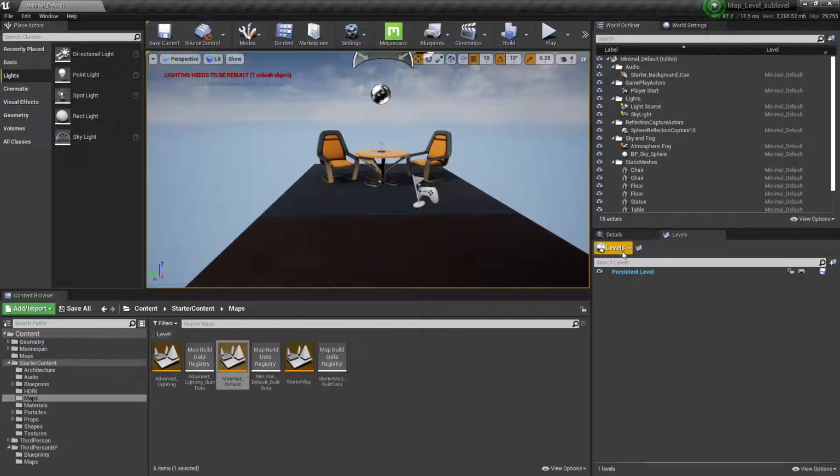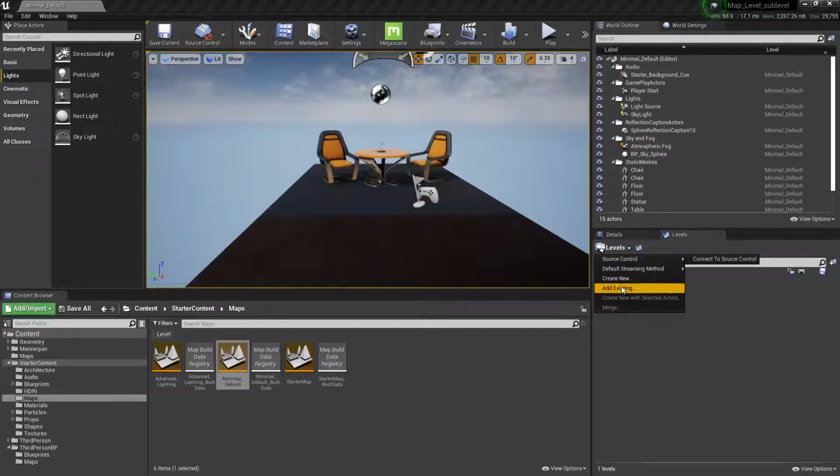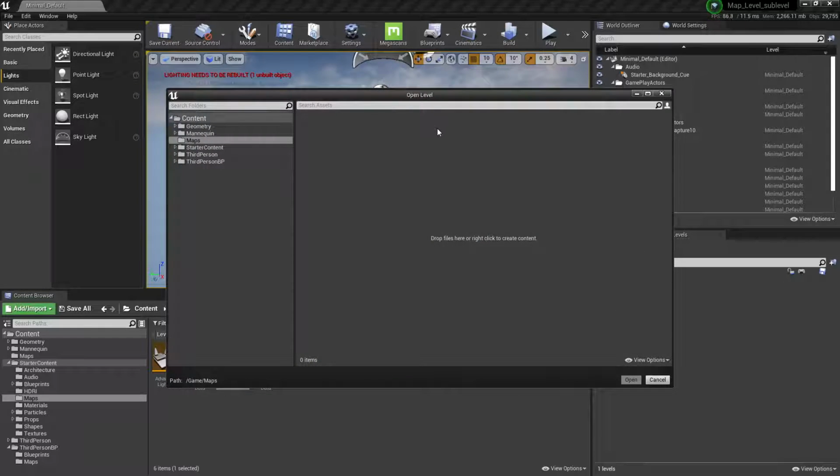And the way you do that is you go to levels here in the levels tab, you go to levels and you add an existing level that already exists. Not the one you have open, but another one. So I'm going to add an existing level. It's going to pop open a browser. I've got to go find it. So I know it is,